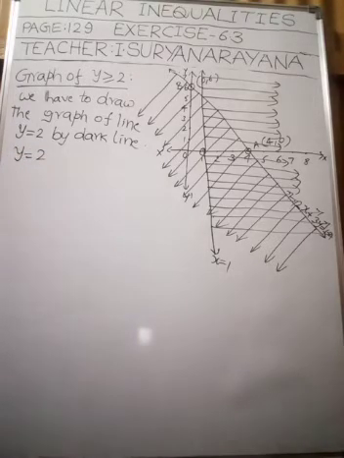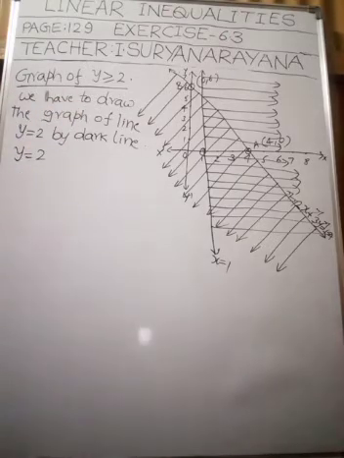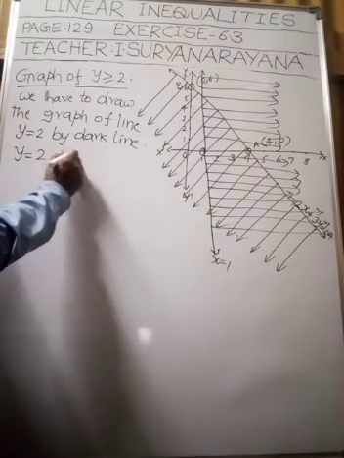Here no need to put x is equal to 0, put y is equal to 0. No need to follow those steps, my children, because there is only one variable. Directly we can draw the graph of the line. So y is equal to 2 is a line